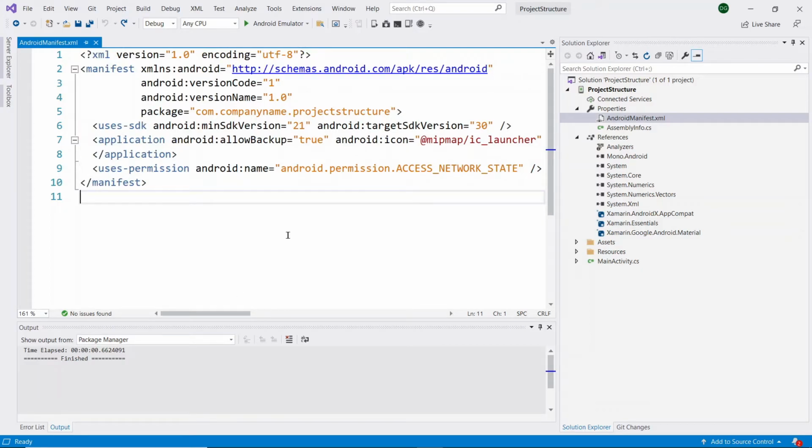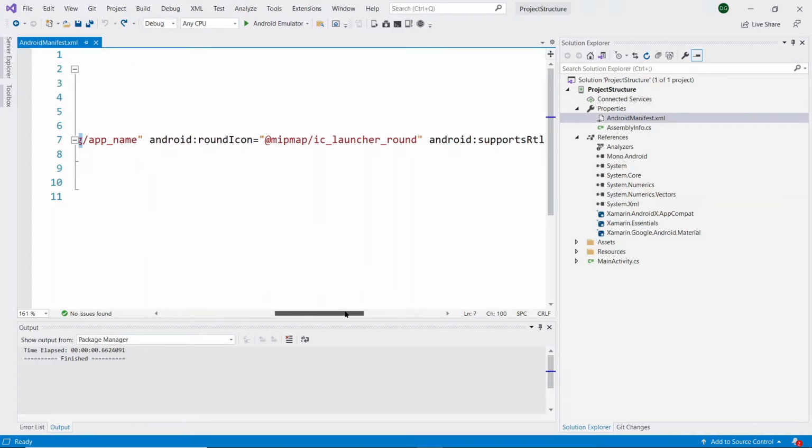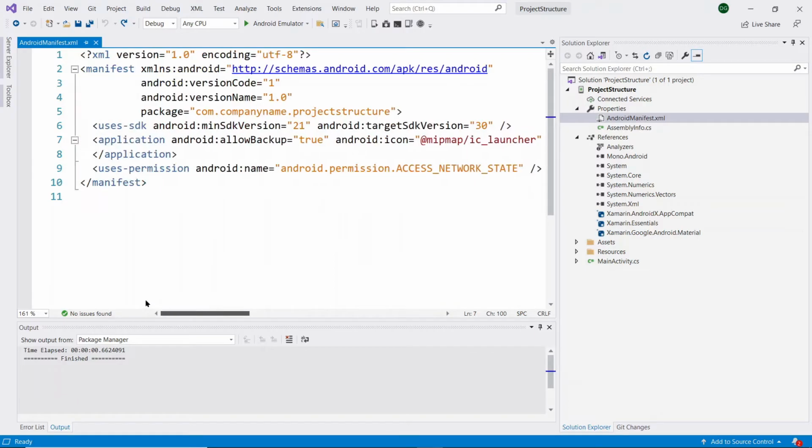Here you can see the minimum SDK version is 22 and the target SDK version is 30, along with our application icon and application name.